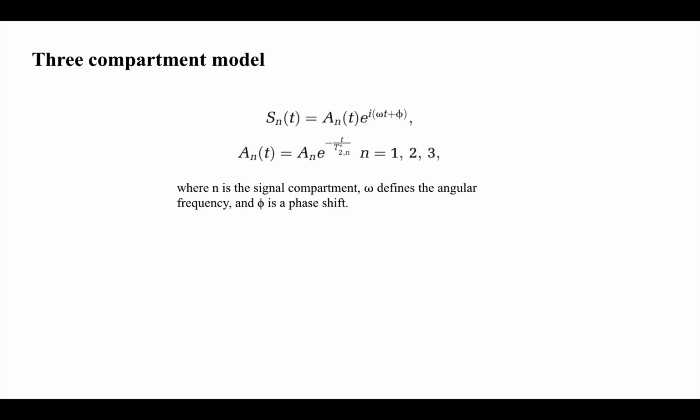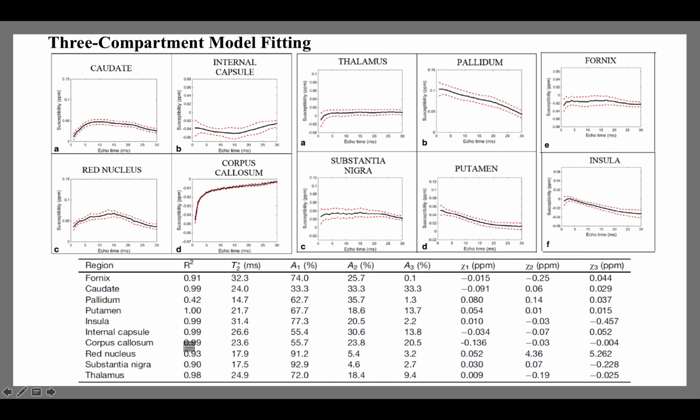All 10 brain regions were fitted onto a 3-compartment model. The table provides the result for 10 brain regions investigated by fitting the values used to parameterize the 3 susceptibility compartments. The adjusted R-square value is representative of the quality of fit achieved. For 9 out of 10 brain regions, the fitting process resulted in an adjusted R-square greater than or equal to 0.9, implying a very good quality of fit. For pallidum, a good fit wasn't obtained.